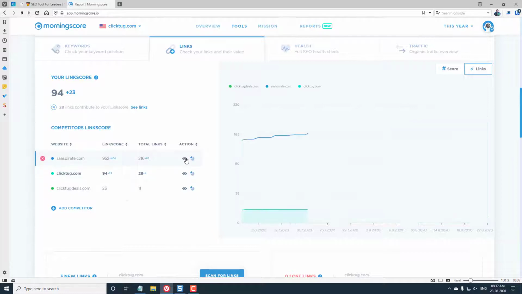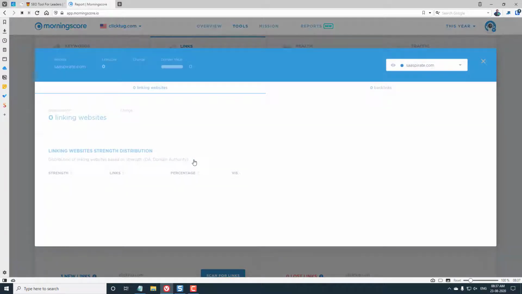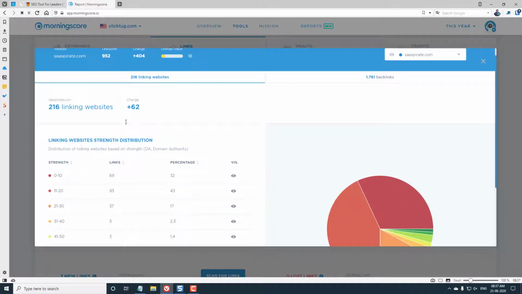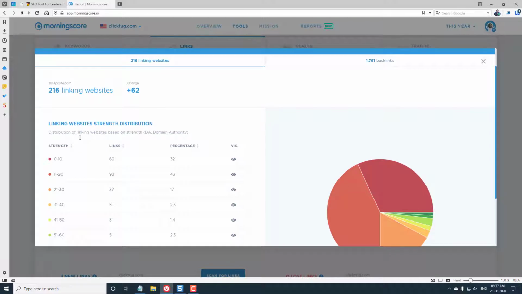If I want to see that in the dashboard also, you can see how they are growing from the backlink point of view. And if I click on this pie chart kind of symbol, it will show all the link stats for the competitor. It shows there are over 952 links, 404 changes, what the domain value range is, and the linking website strength